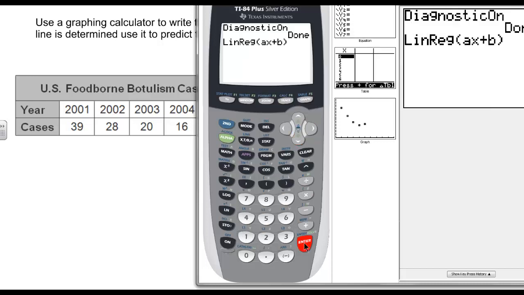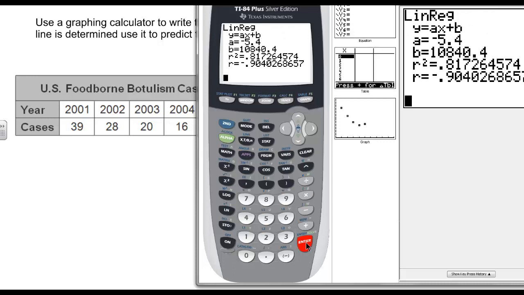Doesn't matter. And this will come up on my screen, and all I have to do is hit enter again. And it'll calculate the equation of a line in slope-intercept form. Notice I have a y equals ax plus b, or mx plus b, and I can write that equation right over here, which I'll do, and that's y equals negative 5.4